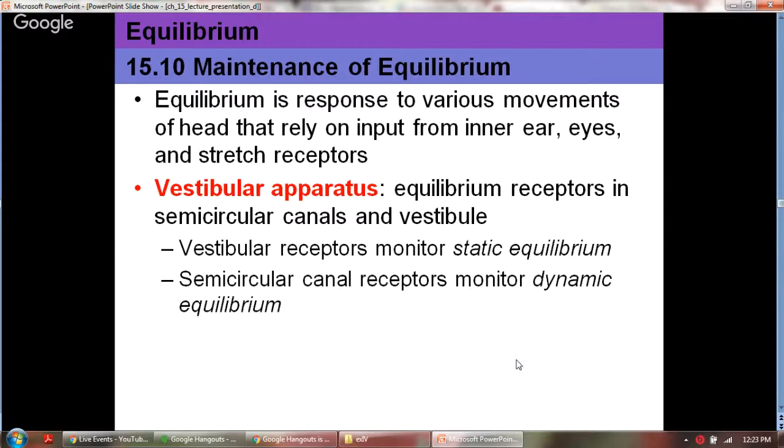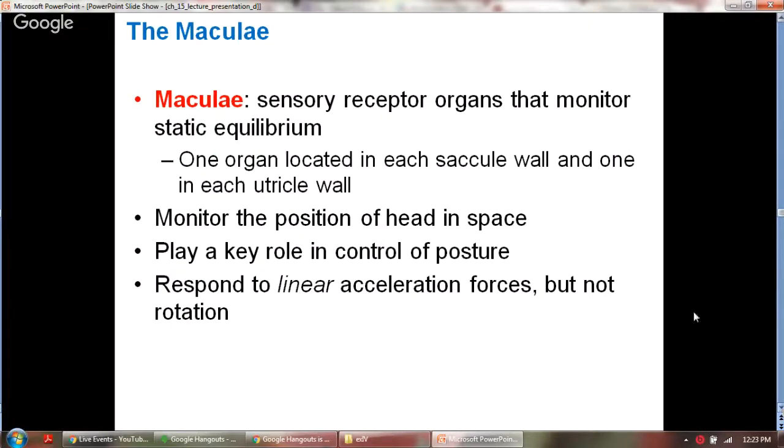The semicircular canal receptors monitor the dynamic equilibrium. The macula is the sensory receptor organ that monitors the static equilibrium. It's one organ located in each saccule wall and one in each utricle wall. It monitors the position of the head in space and plays a role in control of the posture. It responds to linear acceleration forces, but not to rotation